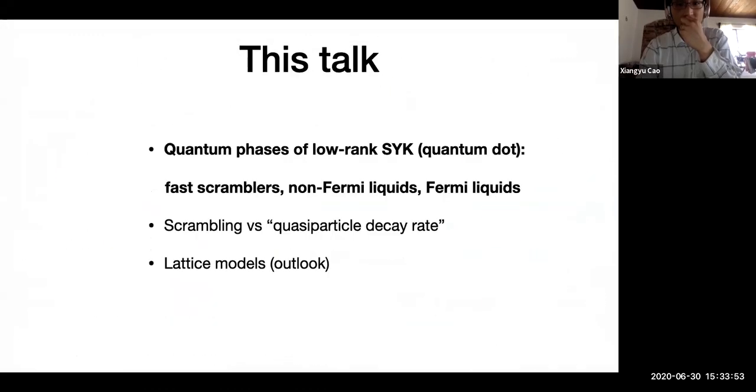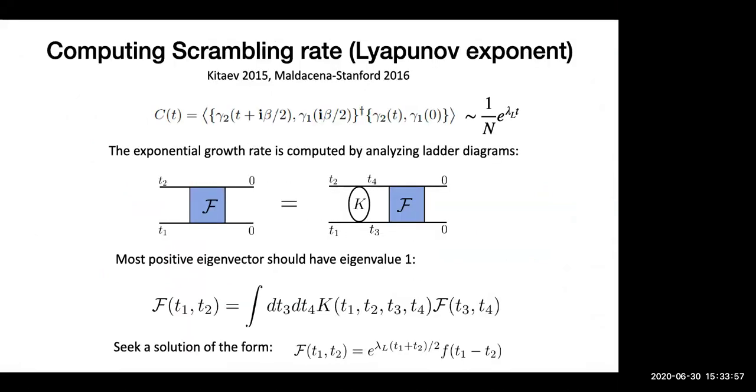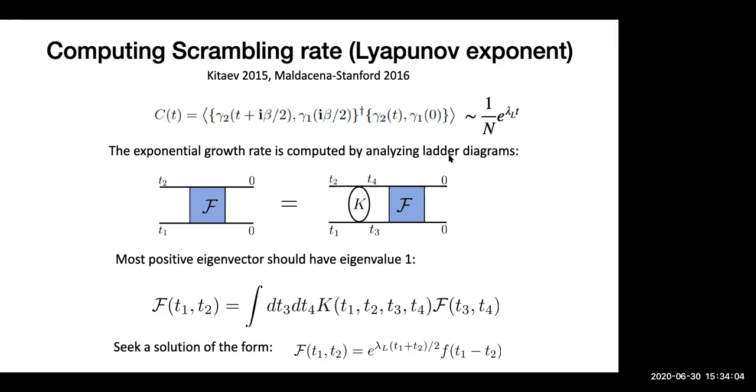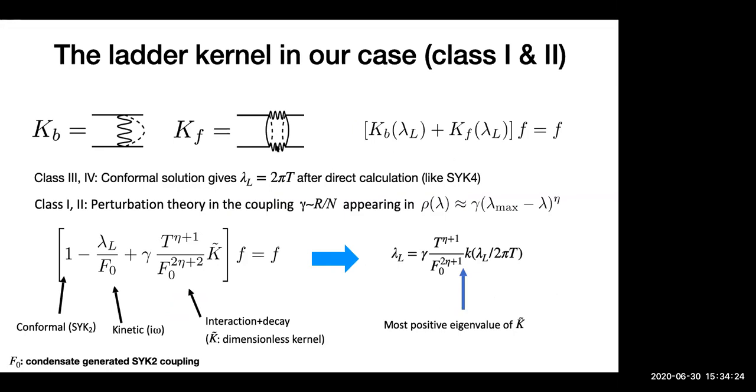So the definition of the Lyapunov exponent of the 4-point function. Right. So now I only consider the 4 fermion OTOC. I see. Now, however, if you look at these kernels, they will become bosons, right? So in the ladder, fermions will become bosons and come back. So if you also consider mixed or boson 4-point functions, I think you will get the same thing. Okay. Because they will be generated.